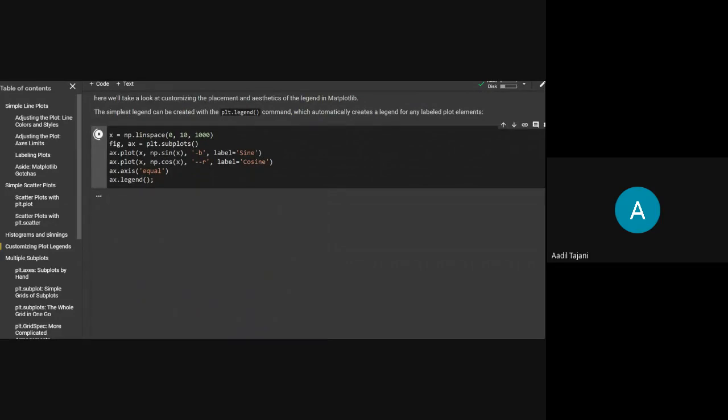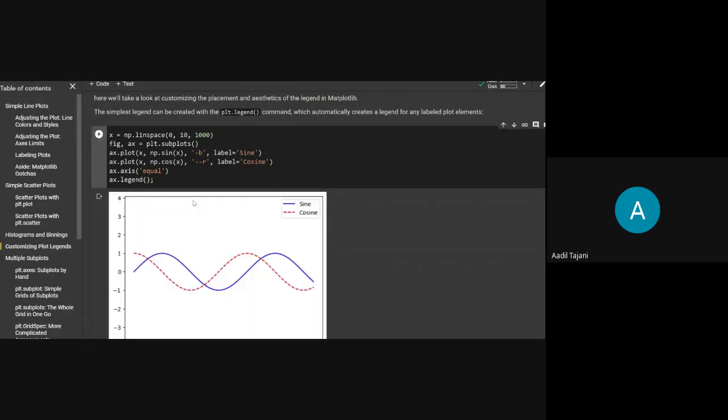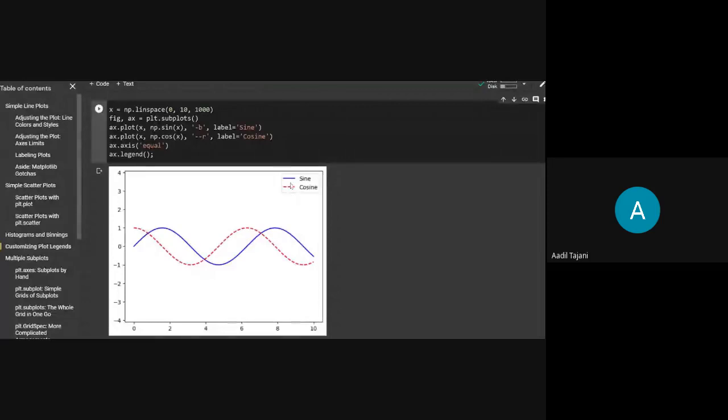So we will simply plot the sine and cosine values. And remember that you have to call the legend function. As you can see, we have used the axis variable, because we are going to now plot multiple things. So I've assigned this plt.subplot to this ax variable.